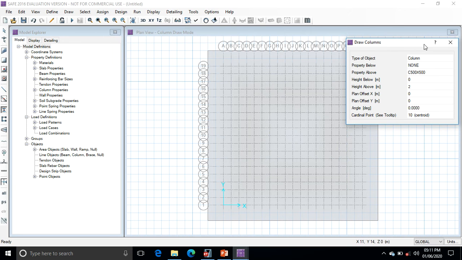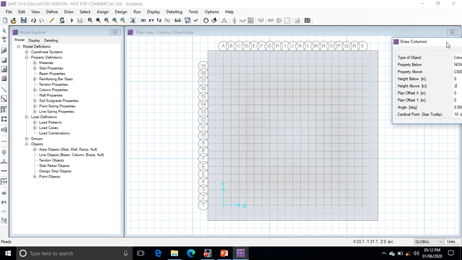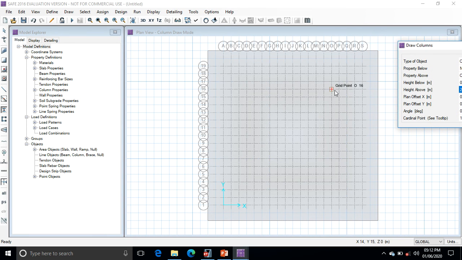Except C6, C7, C10 and C11, draw all the columns starting from the grid point. Okay, this gives us a reference point. Carefully select the reference.